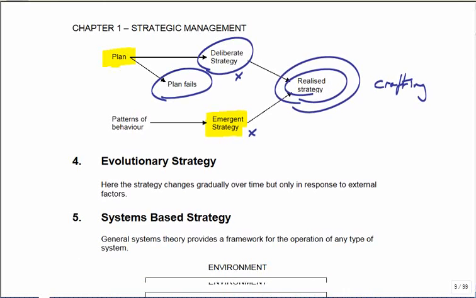Right. The fourth one is what's described as evolutionary strategy. And this comes from the biological term evolution. And evolution is where things change gradually over time in response to what's happening in the outside world. And this is very much the case here. Evolutionary strategy describes a gradual change, but I say in response to what's happening outside, so in response to